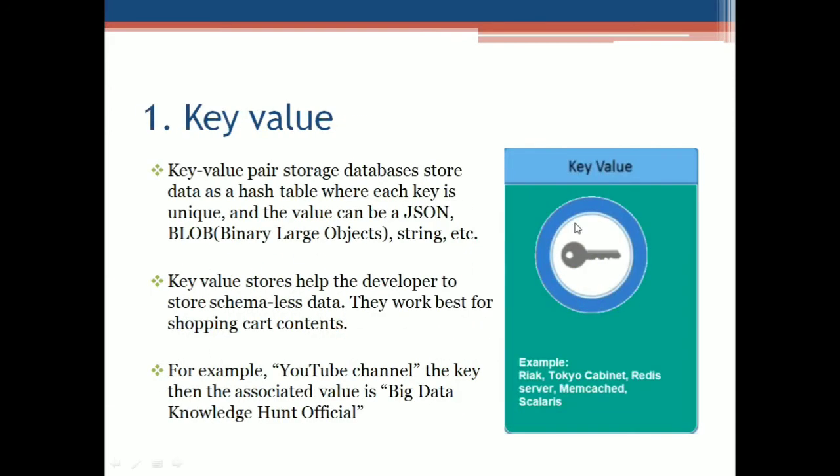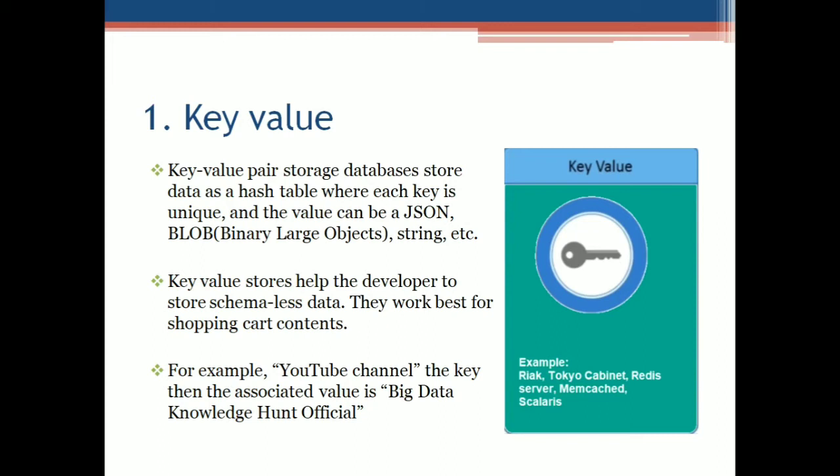So we'll see in brief one by one. First is key value pair based. For a specific key, there is a specific value associated with it. These store the data as a hash table, where the key is unique and the value can be a string, a JSON, or an object. So the value changes according to the data, but the key is always unique. The key value stores help the developer to store schemaless data. Schemaless in the sense there is no specific schema. As in relational databases in SQL, we have to focus on the schema, whereas in NoSQL, as we have found the difference, it is schema free.